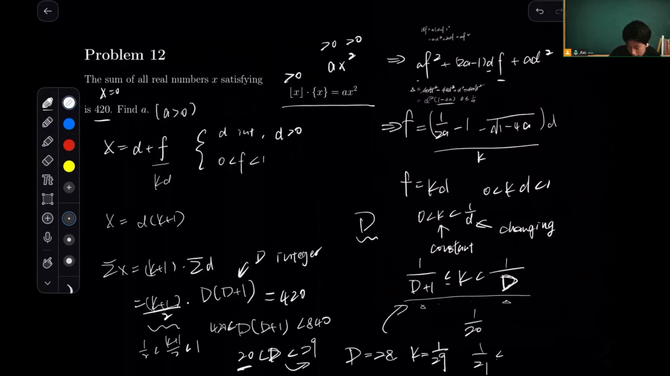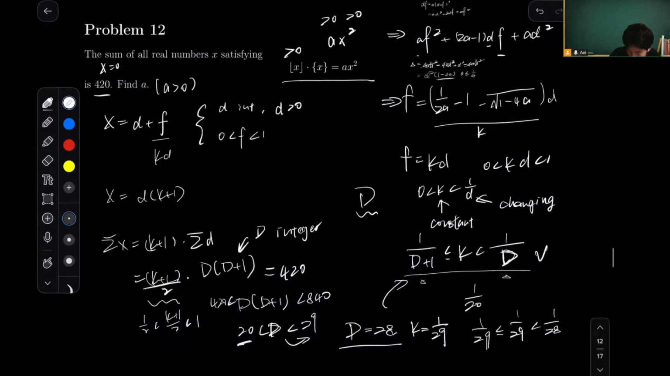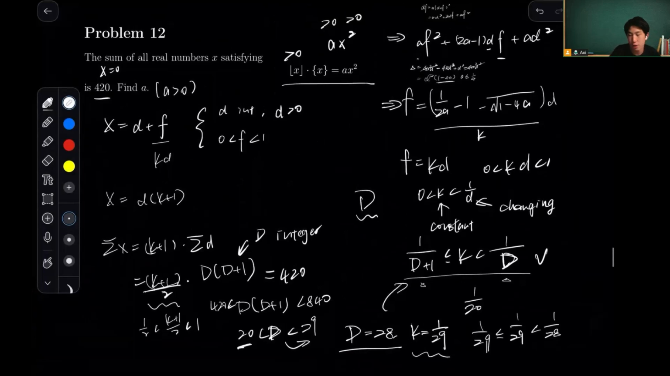29 over 1 over 29 is exactly less than or equal to k, which is 1 over 29, which is less than 1 over 28. So this constraint is satisfied when d is equal to 28. Since we already know k is equal to 1 over 29, you can plug this back to solve for